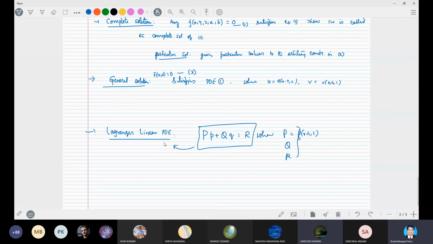Yes, sir. Sir, in this equation, P and Q are independent of z, right, sir? No, they are functions of x, y, z, or maybe constants. Capital P, Q, R are functions of x, y, z, or constants. I am talking about z, sir. That may be involved, or may not be. They are functions.